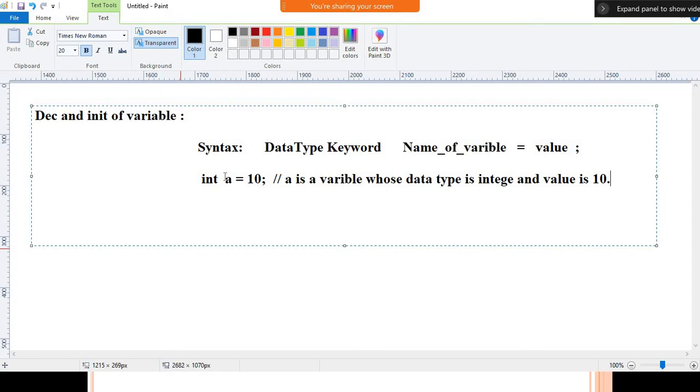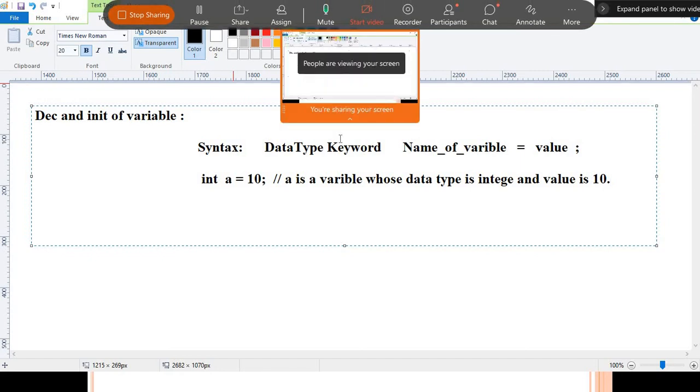यहाँ center में पकड़ना है. A is a variable, so here I will use mark.